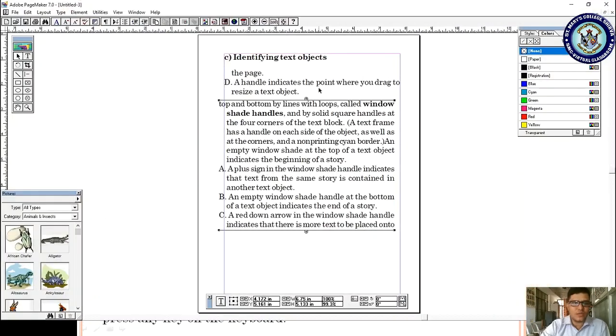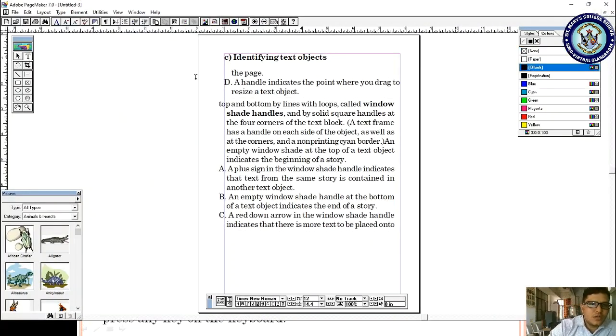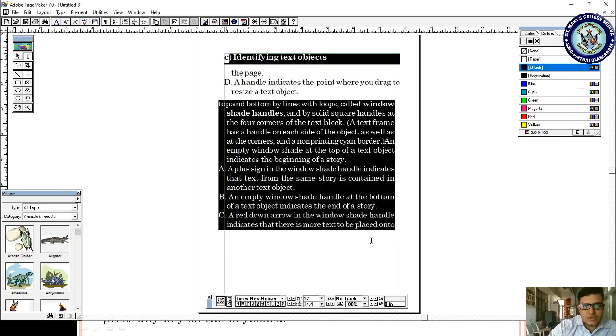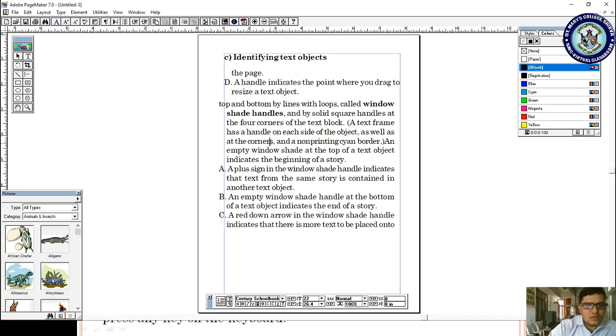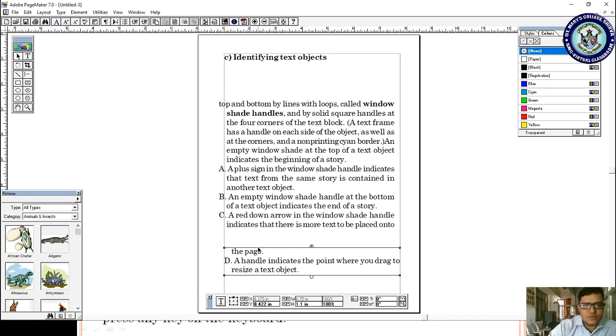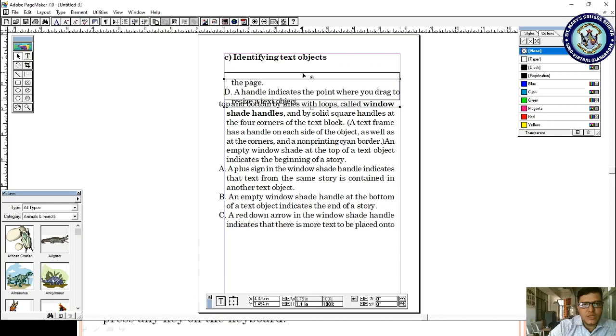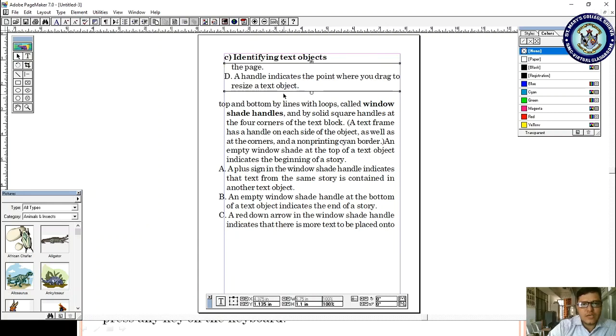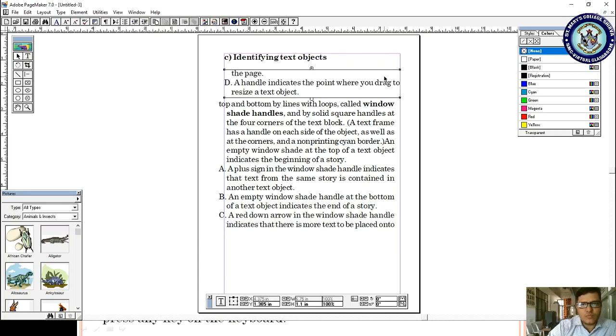I have already opened it here, and some of the content is placed here. If I want to make a modification, let me copy once again. I'm selecting here. After selecting that, if you want to resize, I click here and select the plus symbol. If I place it here, whatever content exists comes here. If I make a move, it will move. So the object is moving from one location to another location.